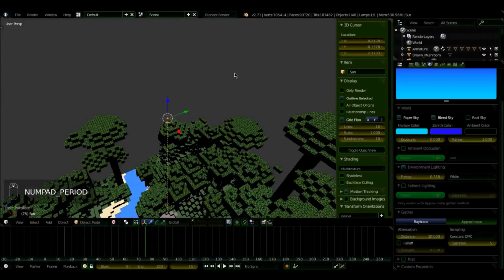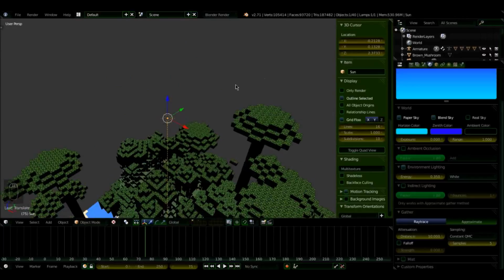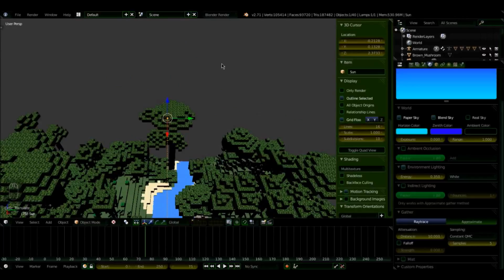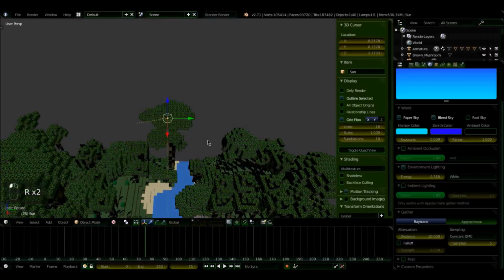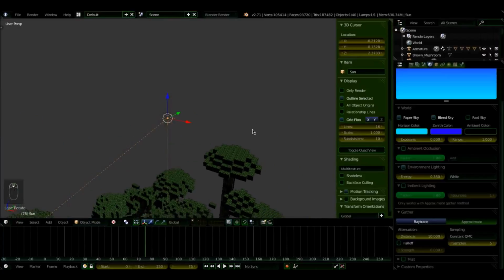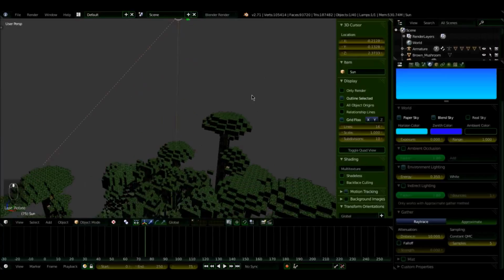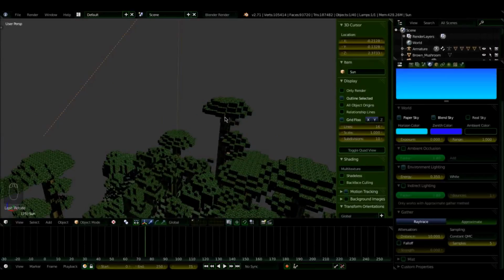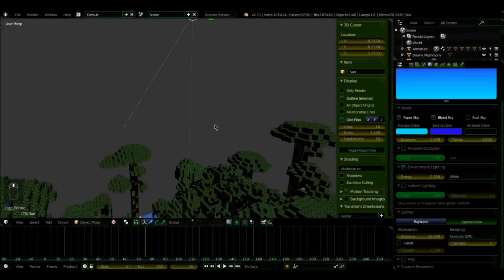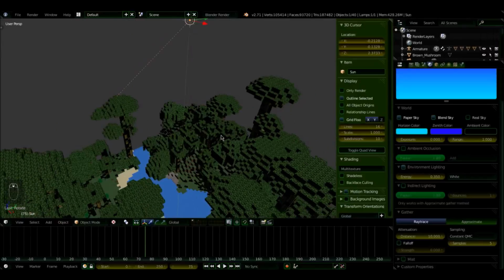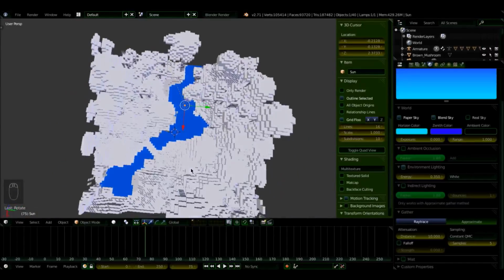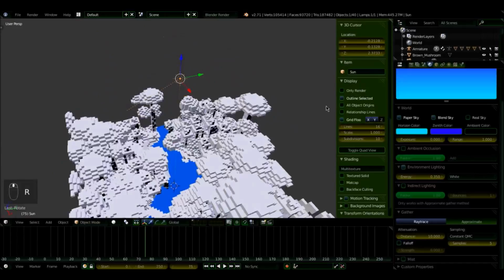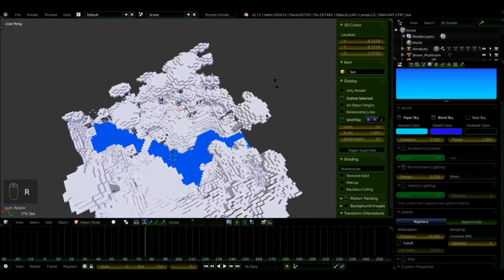Period on your number pad to zoom into the sunlight or whatever is selected. Then here our X and our Z. Okay, I think that's good enough. Okay, so now that we've positioned the sun lamp, we know in which direction our sun is pointing. I'm going to hit Alt-Z just so that you don't have to work with that. And then our Z, I want the lighting facing this way, actually. Because,